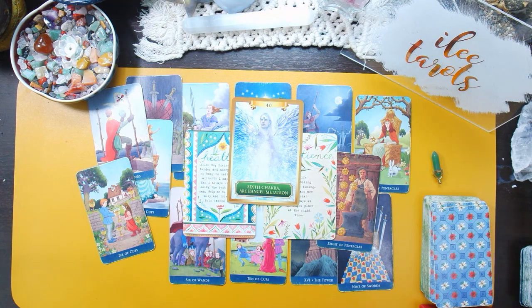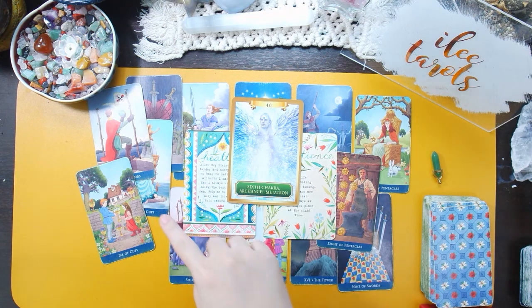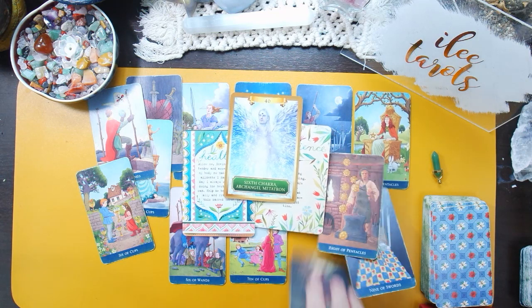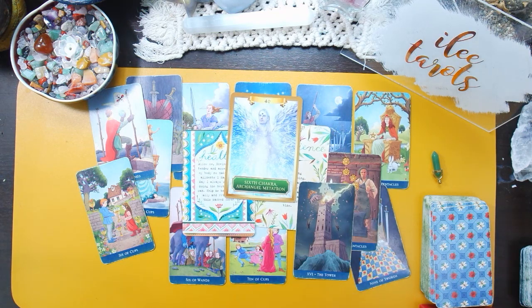So what I gather here is that right now, you are more clear with what's going on between you and this person, or more aware about how you feel about yourself, which is why there's a tower here, which is why there's some form of spiritual awakening or some form of mindset shift that is happening for you. Because some people it's because they've grown more mature, but some people it can happen through spiritual healing, or it can just be that you are vibrating at the right vibration or